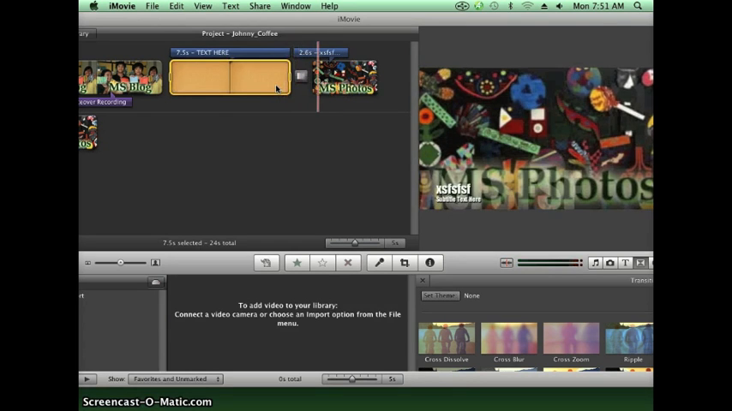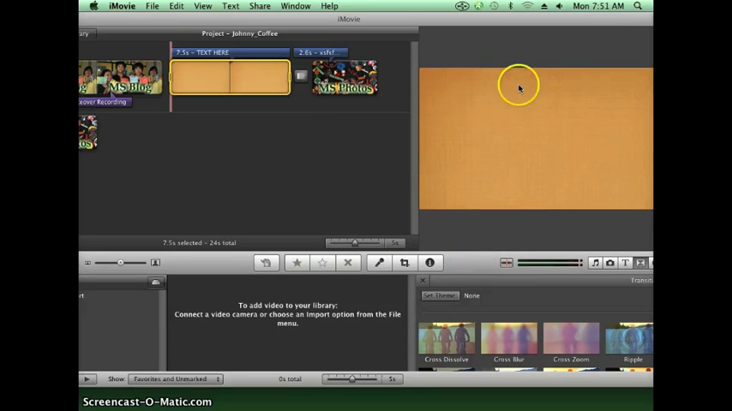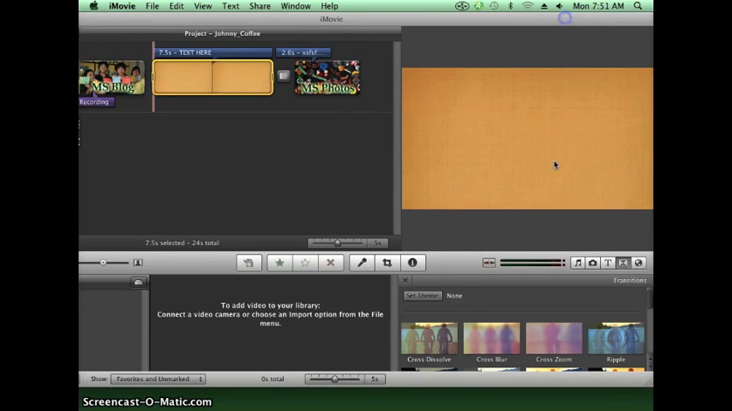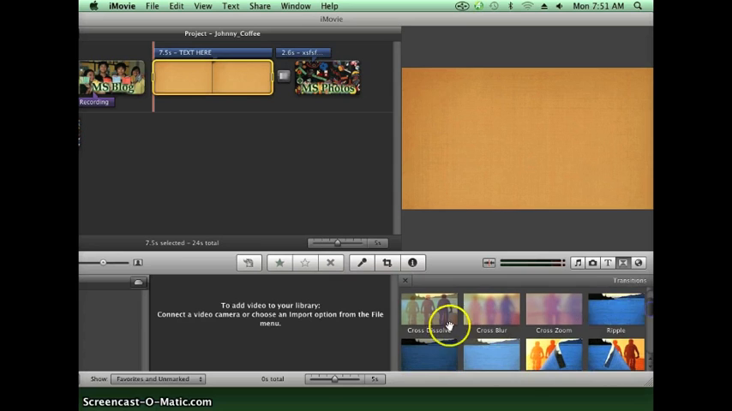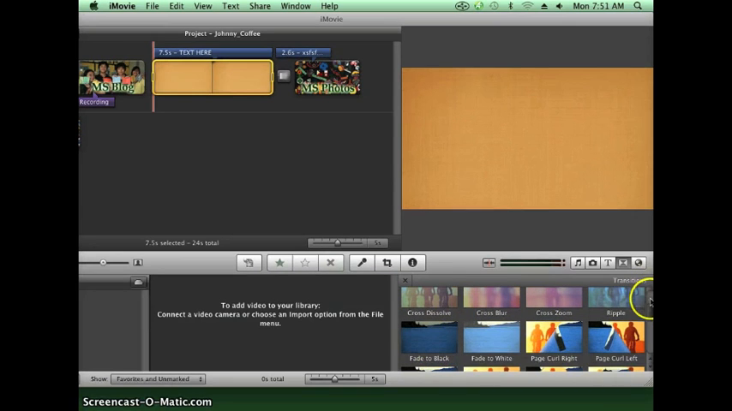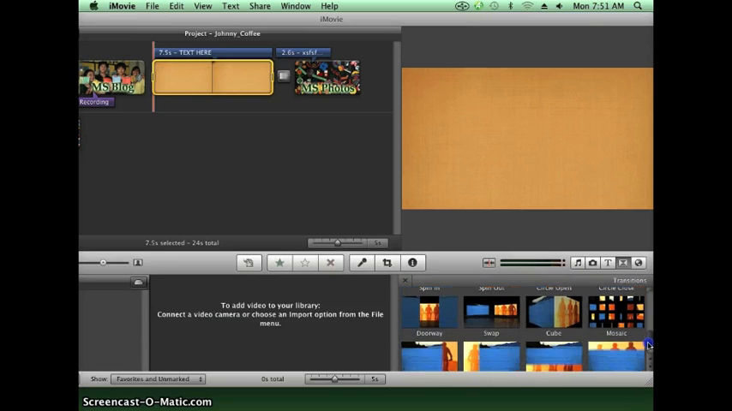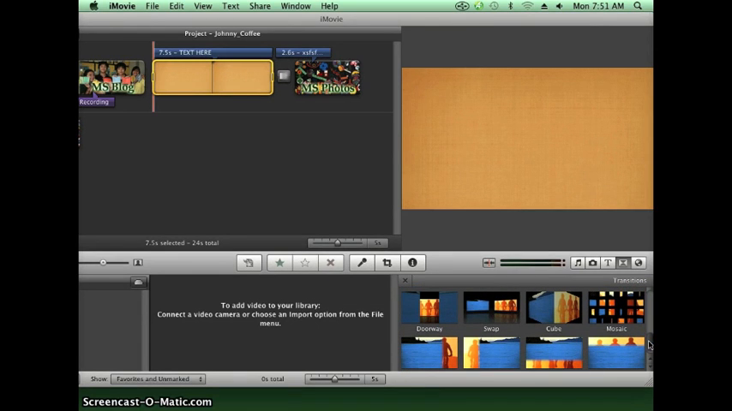My advice would be to either A, use a very soft transition such as the cross dissolve, the blur, or the fade to black, or if you like some of the funky ones, be consistent. Try to use the same one or two perhaps throughout your whole presentation. Don't let people get distracted while